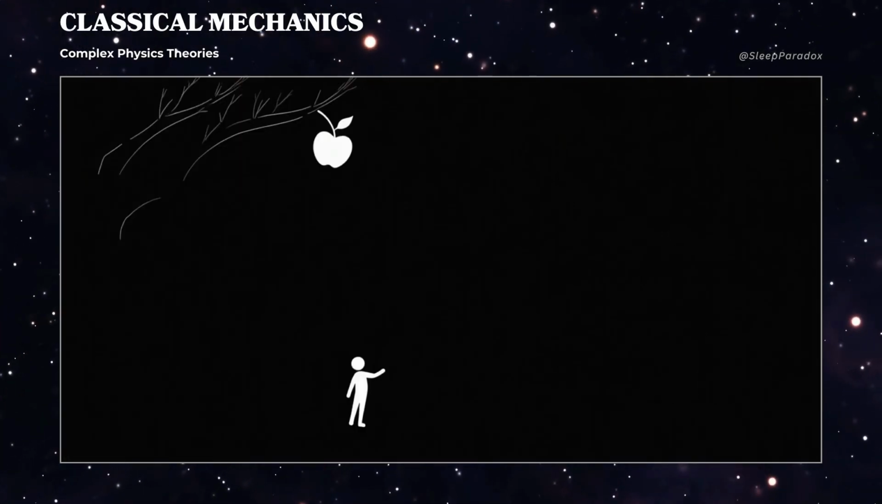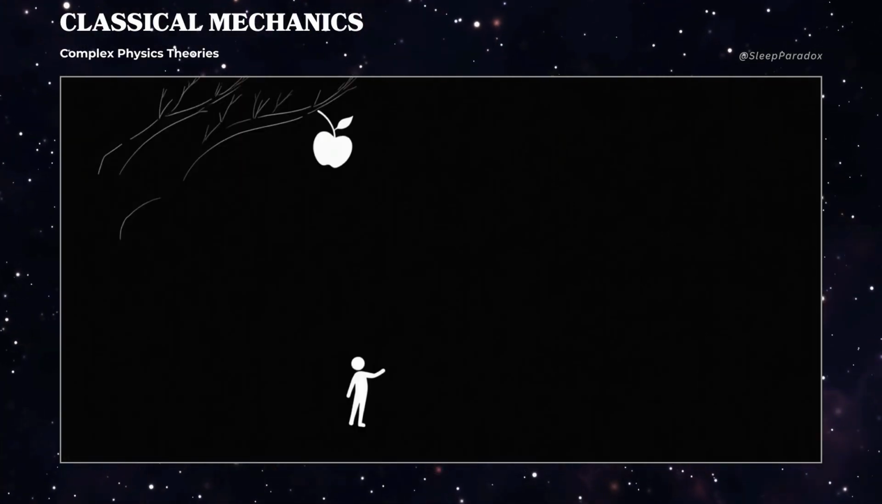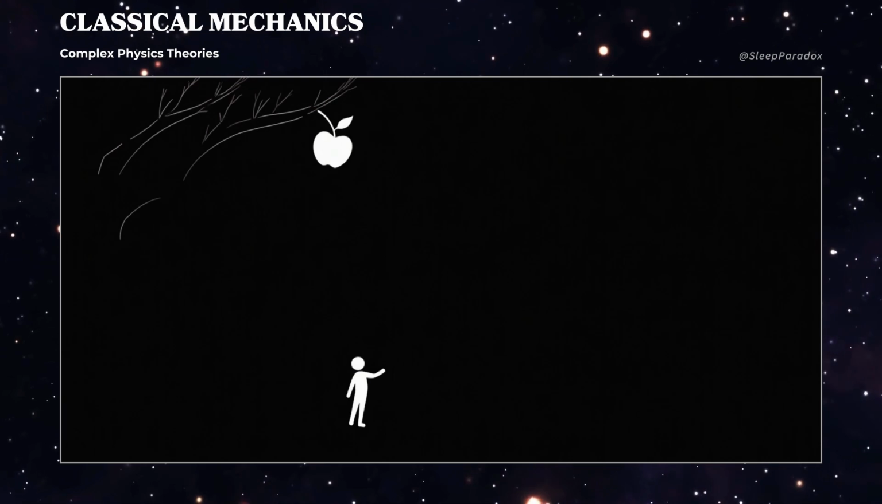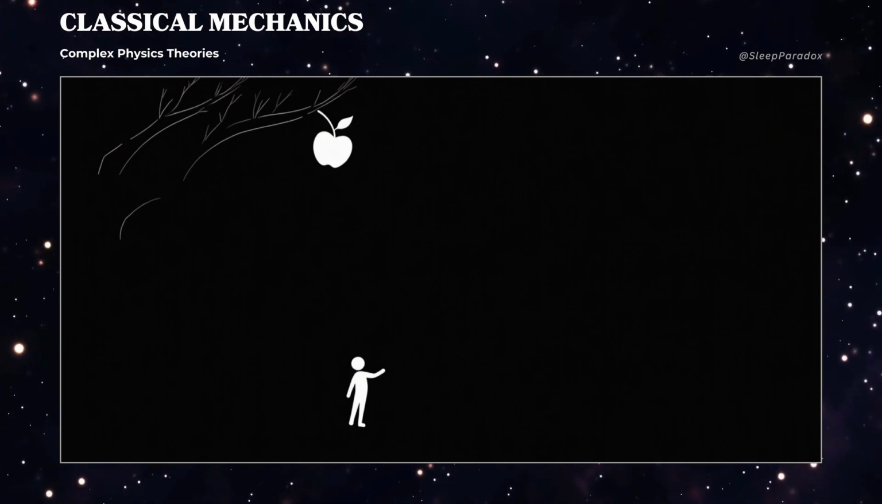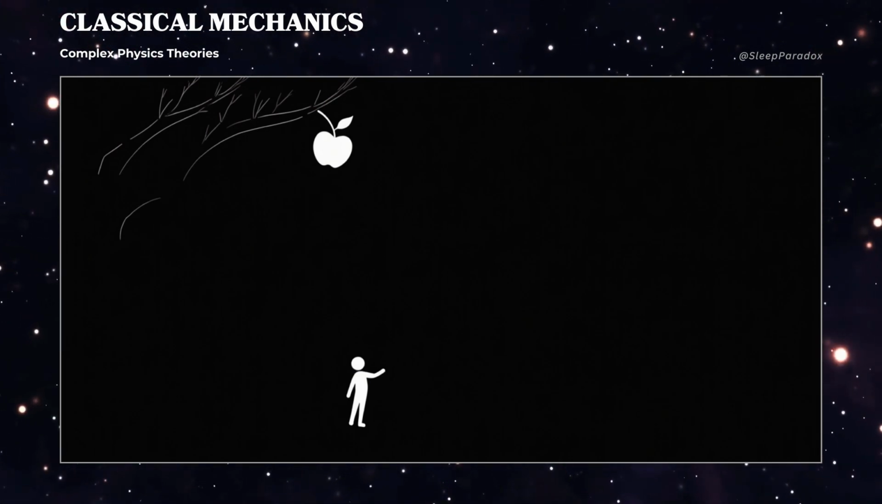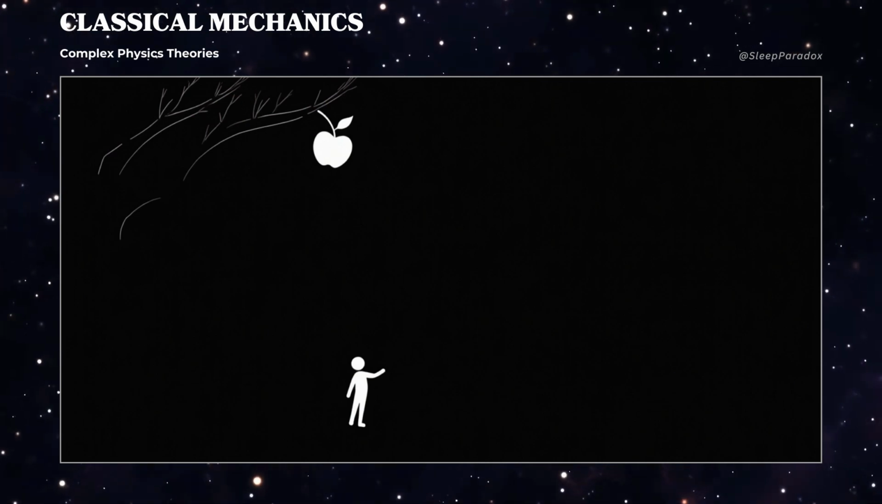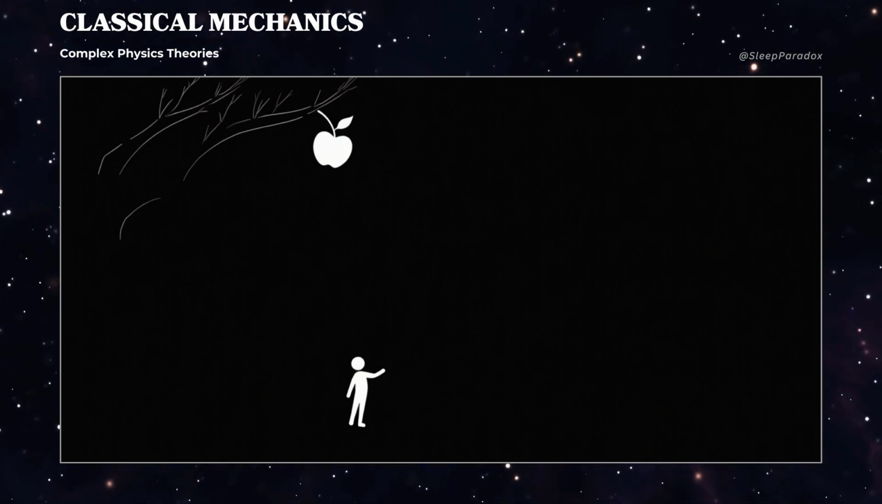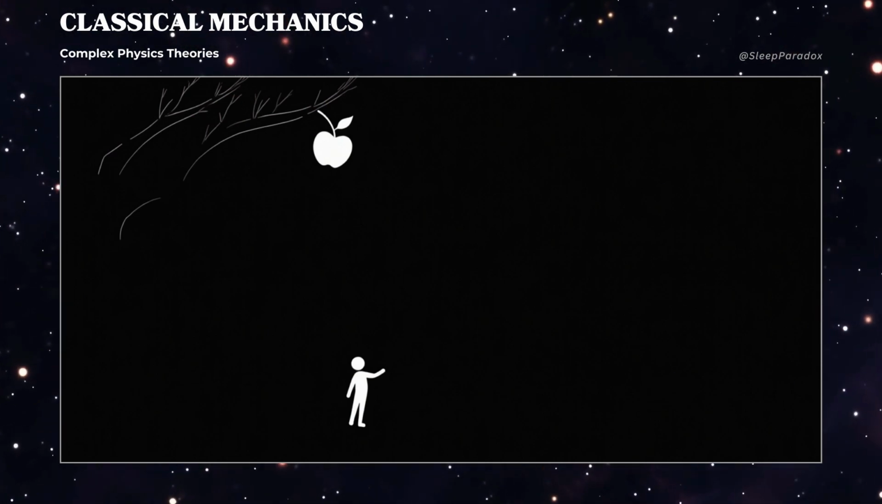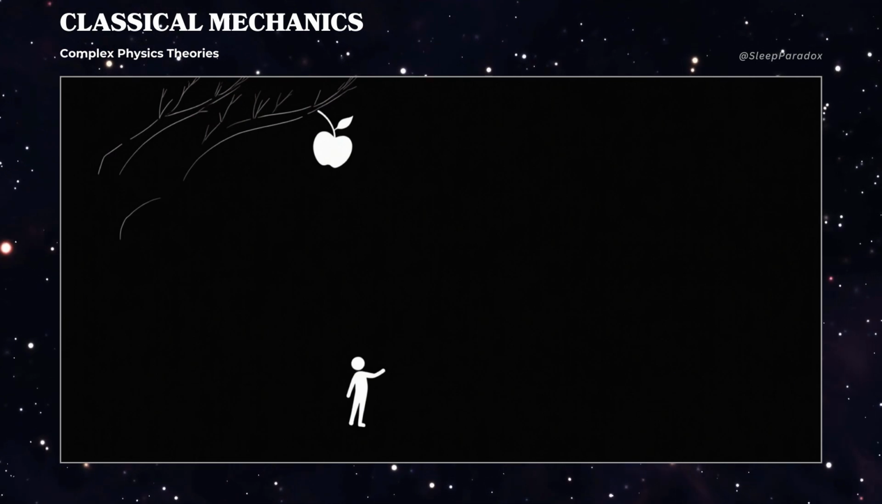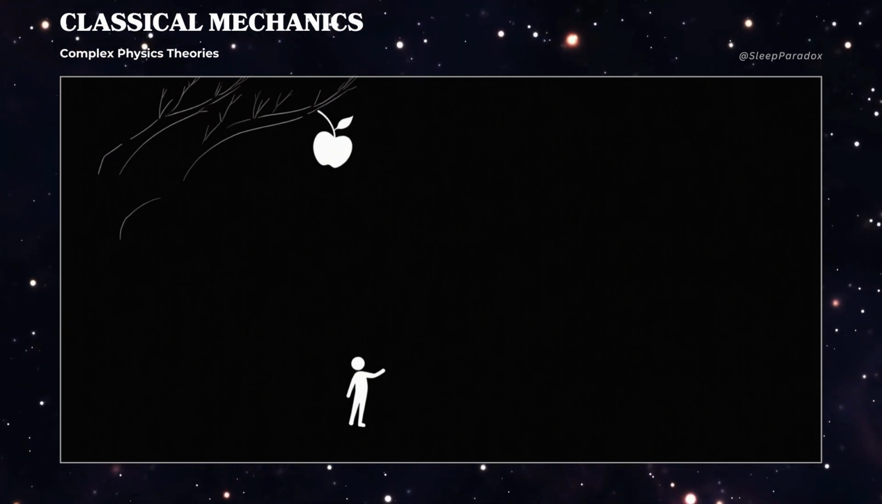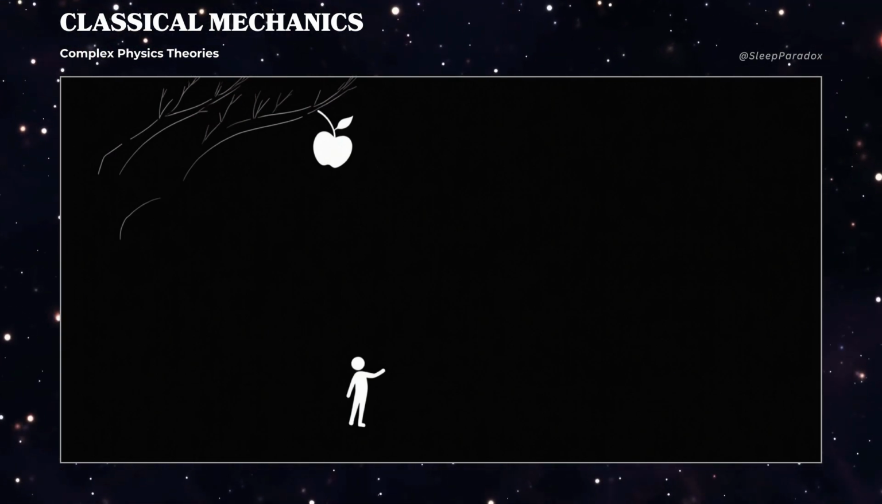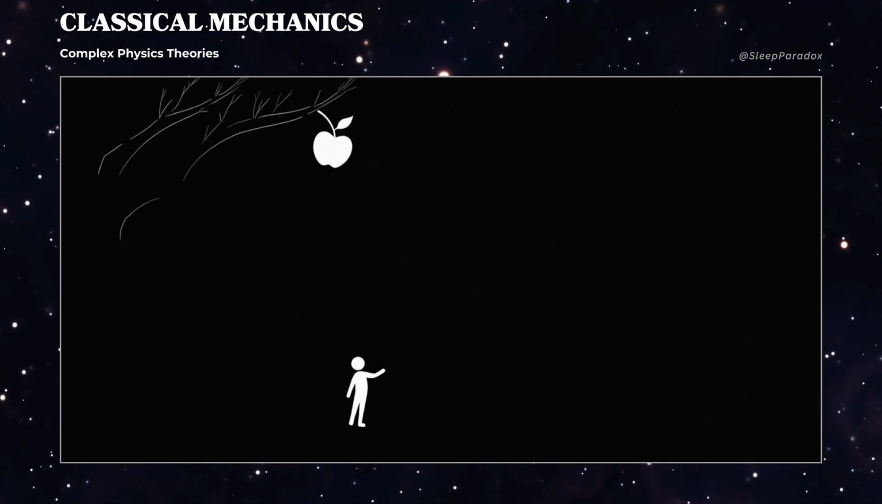Classical mechanics. Before quantum mechanics shook our understanding of reality, and before relativity rewrote our view of space and time, there was classical mechanics. This is the branch of physics that explains how objects move under the influence of forces. It was developed between the 17th and 19th centuries, most notably by Isaac Newton, and it remains incredibly accurate for